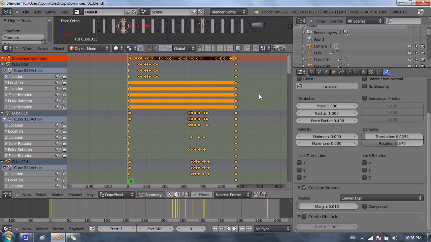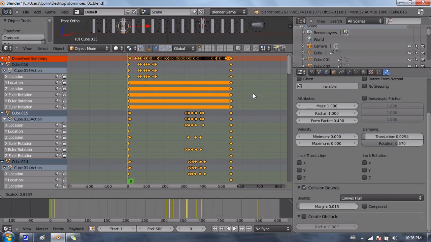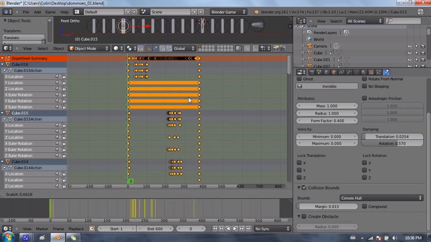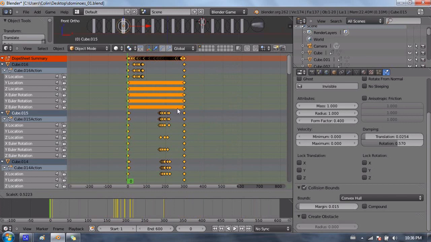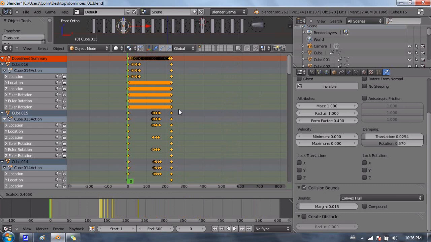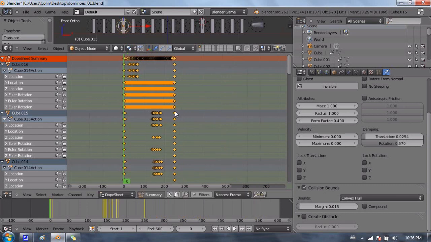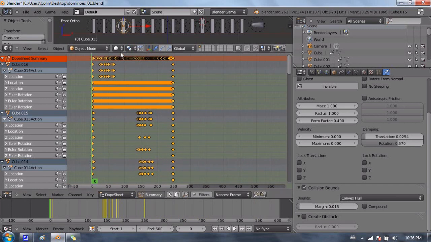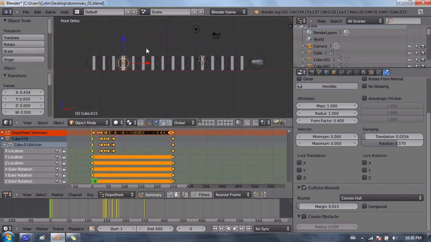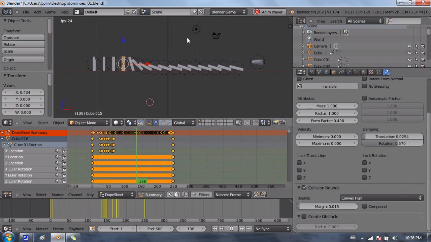And of course, if we press S, we're going to scale down the animation. The original length of this animation was about 575 frames. I'm going to scale it down to be about half of that, maybe about 250 or so. I'm just kind of eyeballing it. And of course, after I've scaled it down, we can press play and see what that looks like. That looks pretty good. If you're happy with it, we can go ahead and render or add materials or